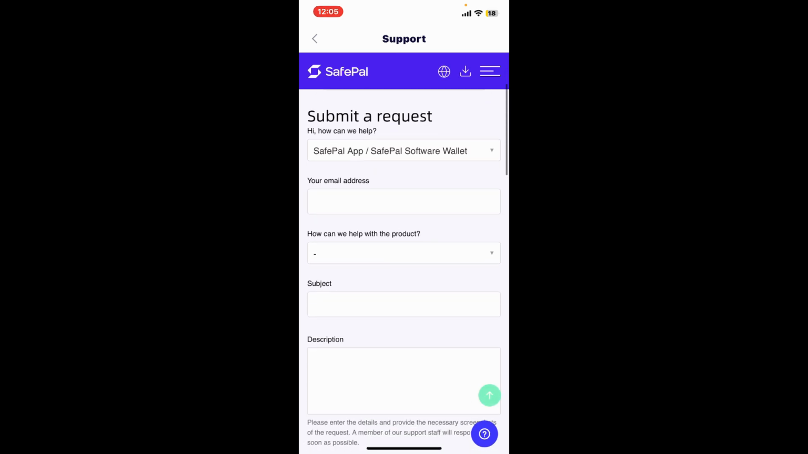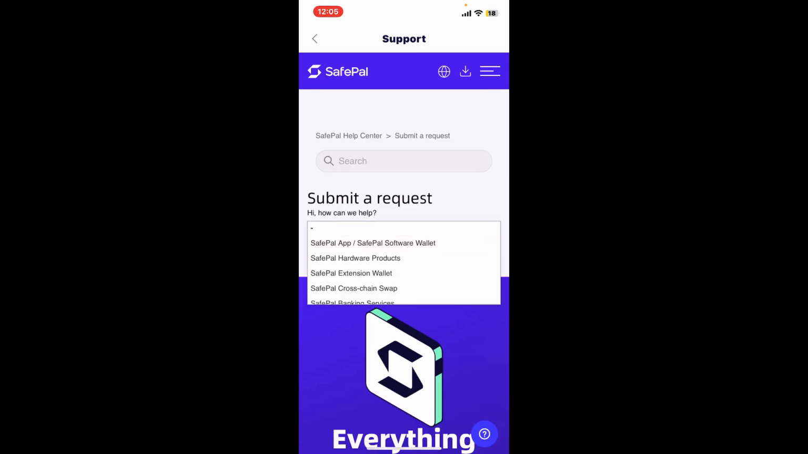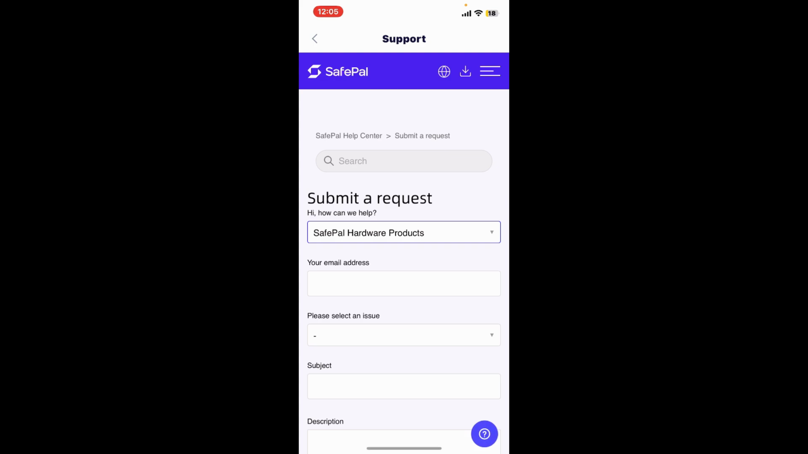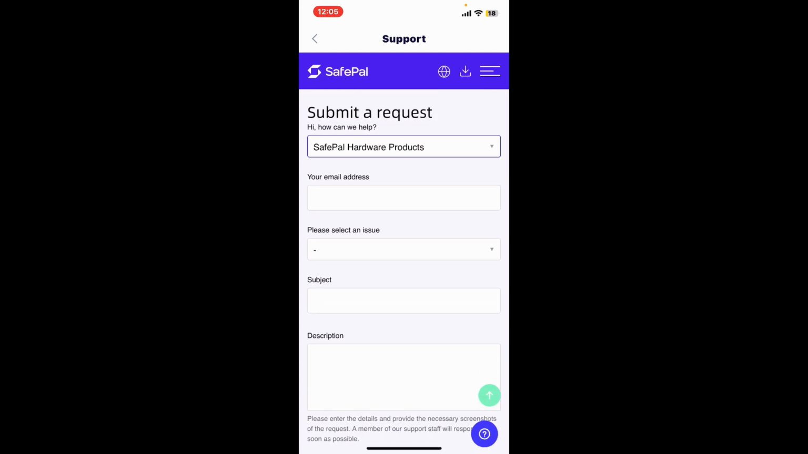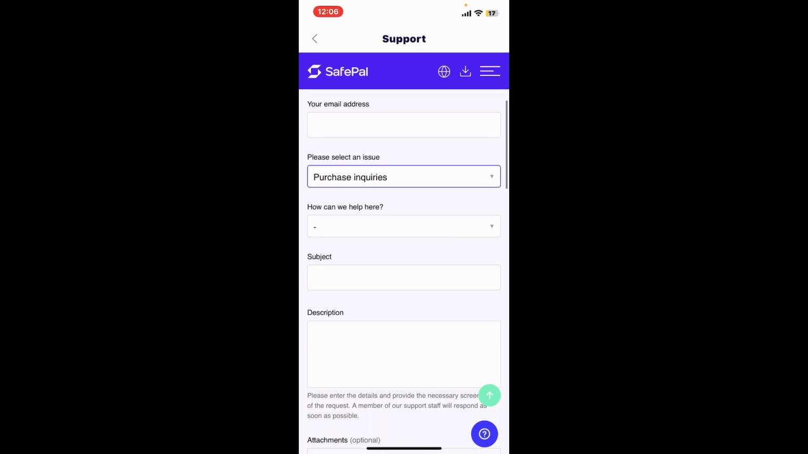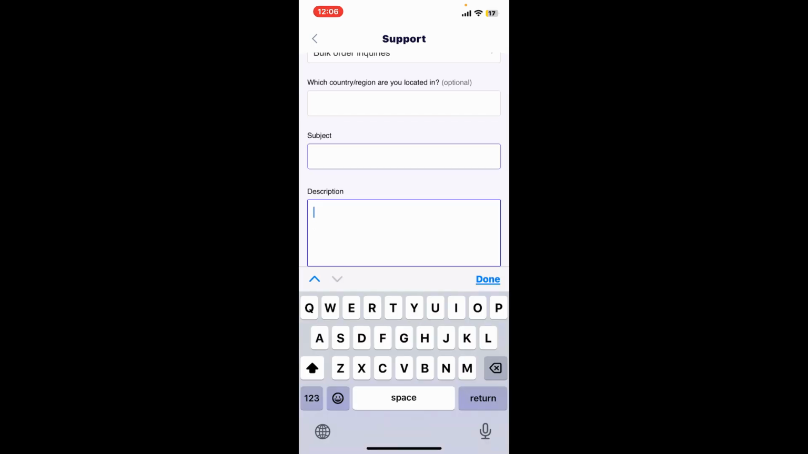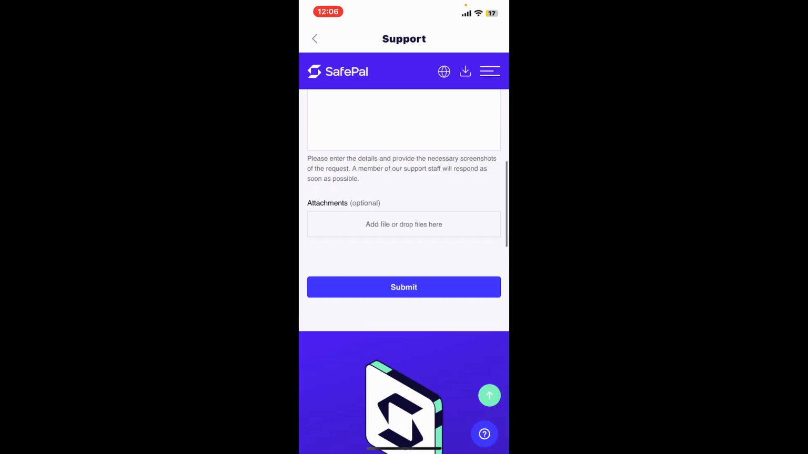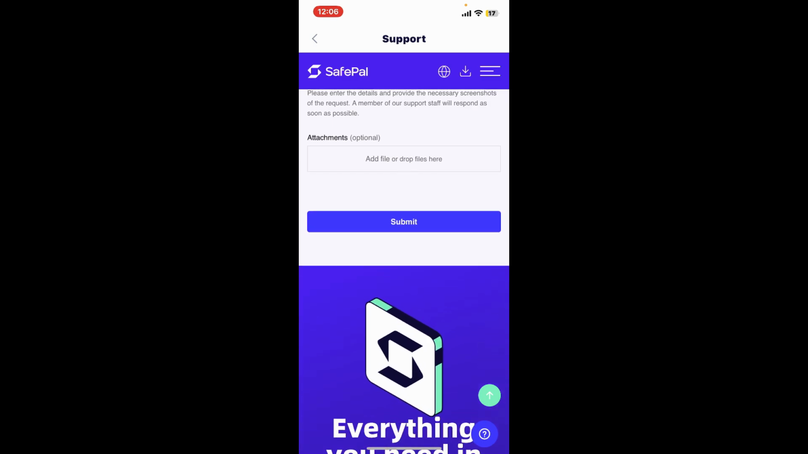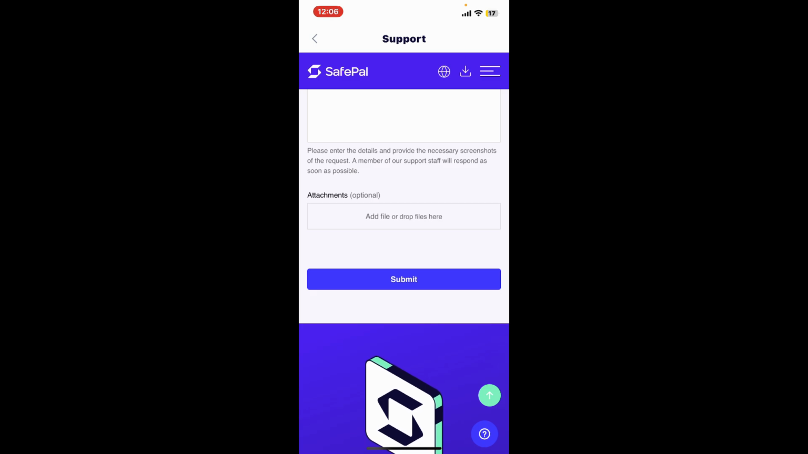Inside the support section, you can go ahead and select a region from the drop-down while you are trying to contact the SafePal support. After you do that, go ahead and send in a request by entering your email address, select an issue from the Select Issue drop-down, and make sure to specify what you need help with. Enter the subject and description for your problem, and then, if possible, you can also add a file or drop some files in the text box at the bottom in order to provide more documents about your issue. Finally, tap on the Submit button at the bottom of the screen in order to send a help request to